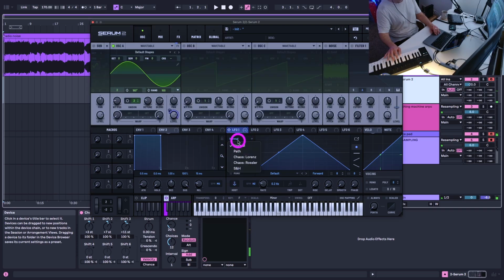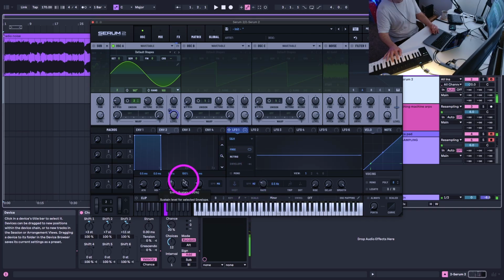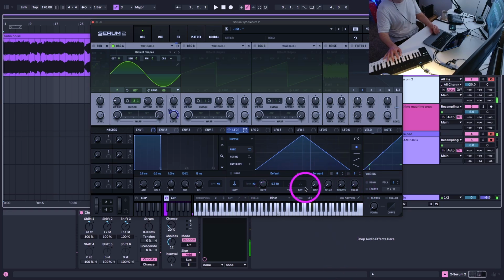Yeah, exactly like that, but make this almost smooth sample and hold. On re-trigger. That's something random, man.